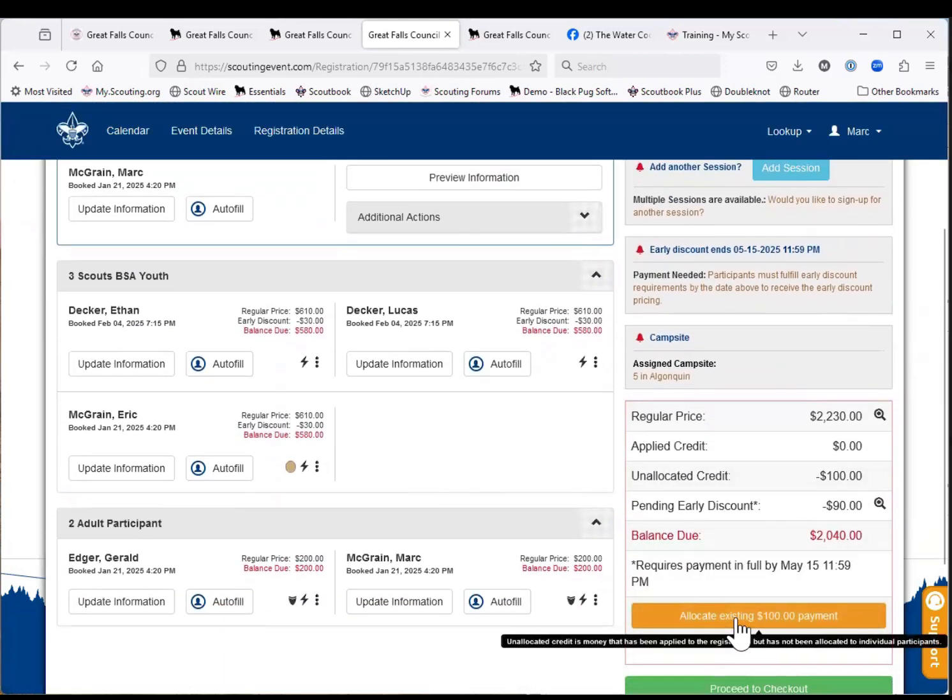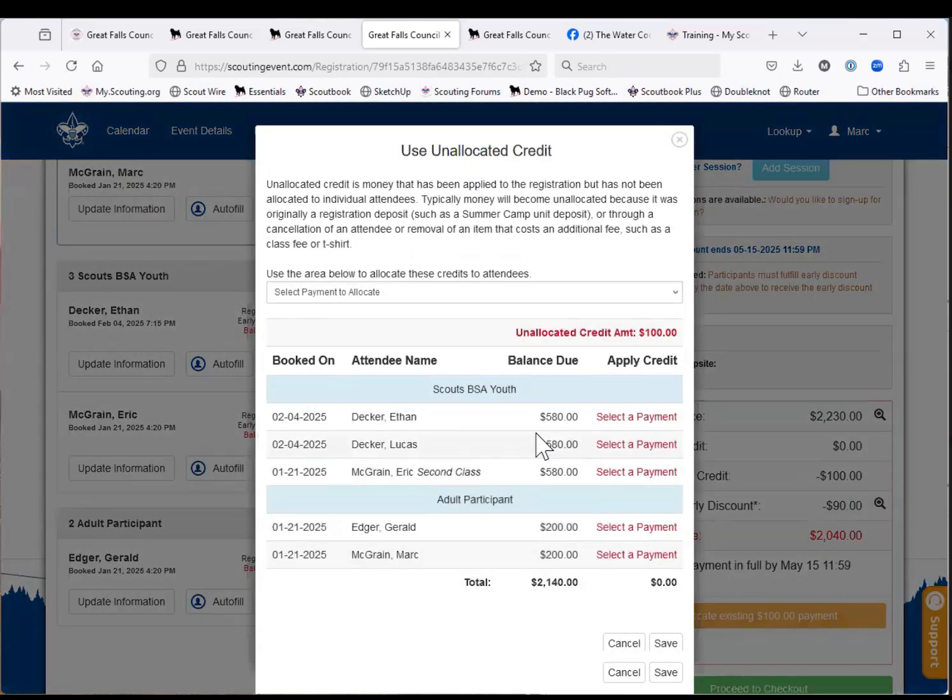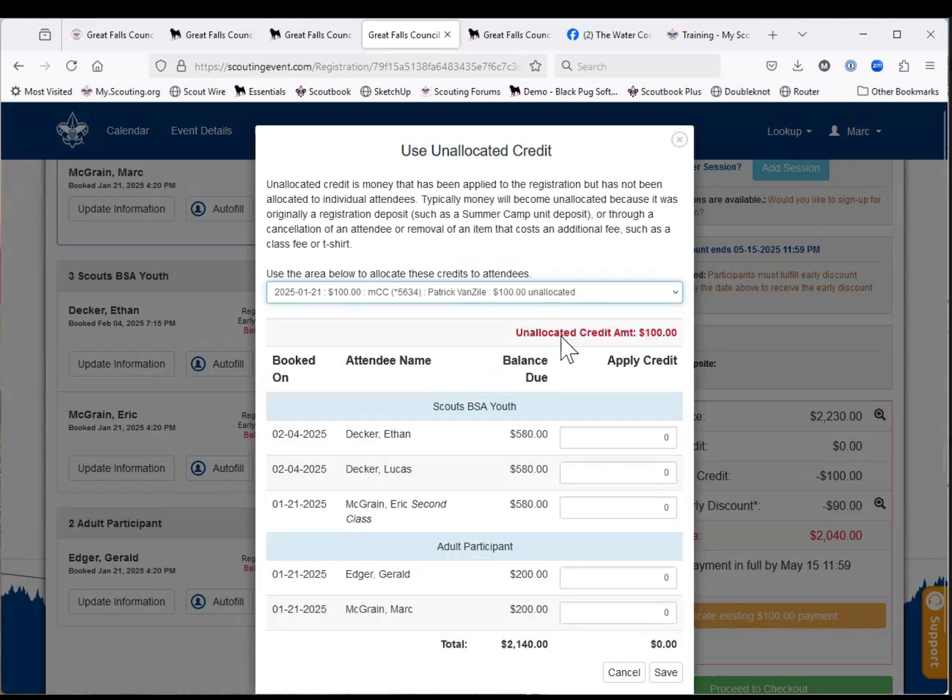So this allocate. If I click on that, it tells me I have all these people I could choose from. So what payment am I allocating? Well, I'm allocating that $100 payment. Now, there's another reason this will happen too. If you mail us a check and this registration says it's